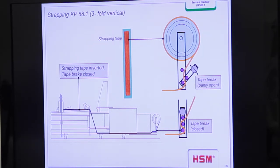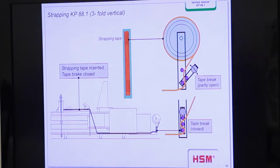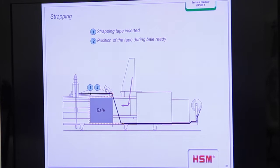And the longer the bale, the longer you have to make the reserve tape on the channel. And you don't like to make a mistake there. You don't want to come up short. Yeah, exactly. So you see here, when the bale is drawing, the tape comes from the top side,